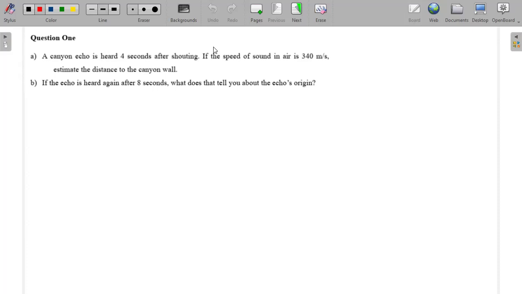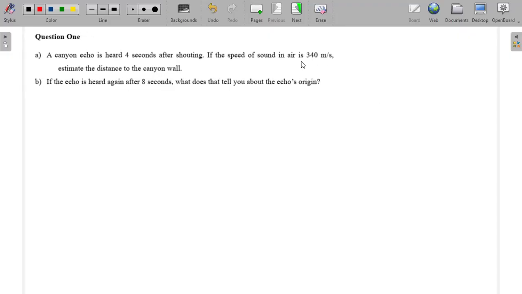So let's start with question one, which is saying, a canyon echo is heard 4 seconds after shouting. If the speed of sound in air is 340 meters per second, of which this is the general speed,